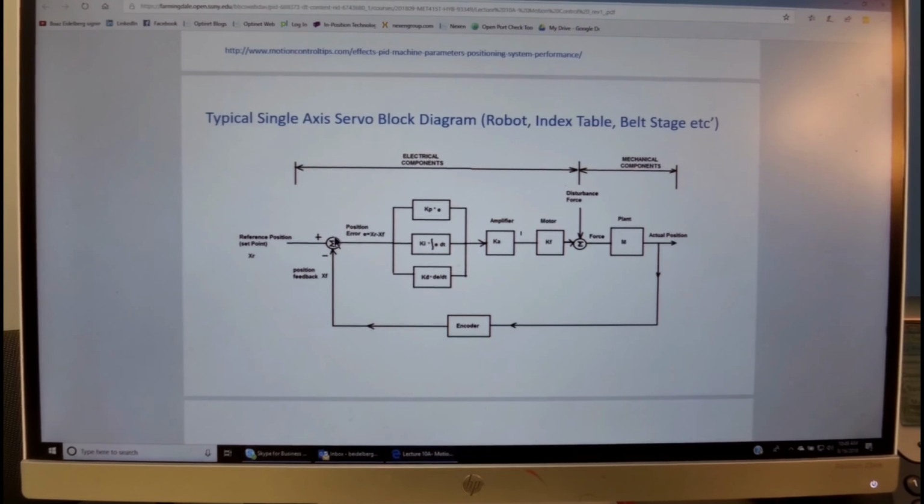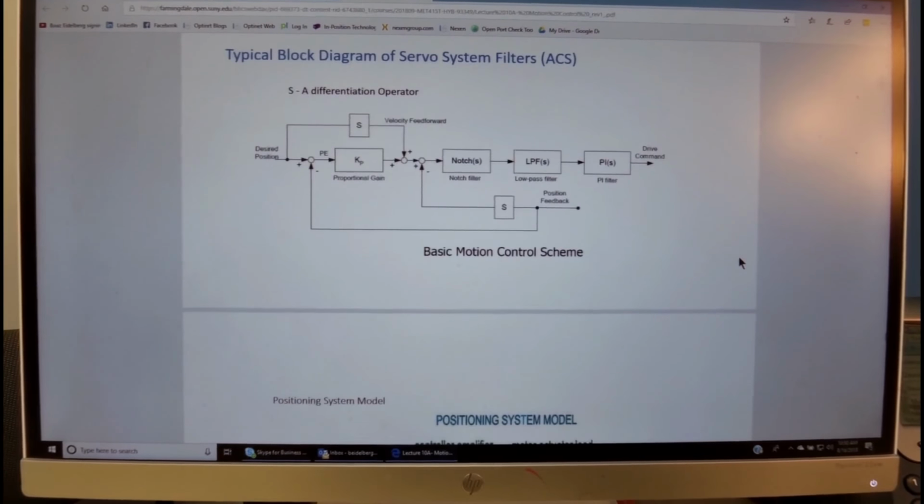The error, which is the difference of the two, is getting into the proportional gain, derivative gain, and integral gain. This goes into the amplifier, into the motor. Disturbance is acting also and presenting different forces and torques on the system, and the summation of all of that is acting on the plant to give us the actual position.